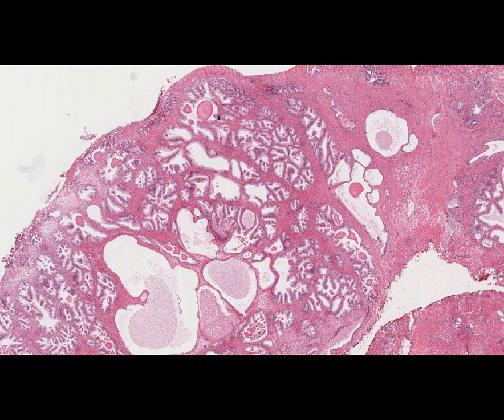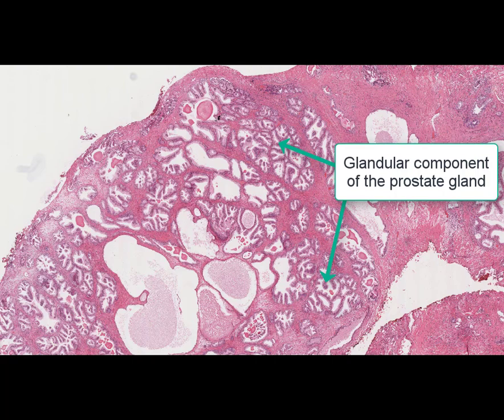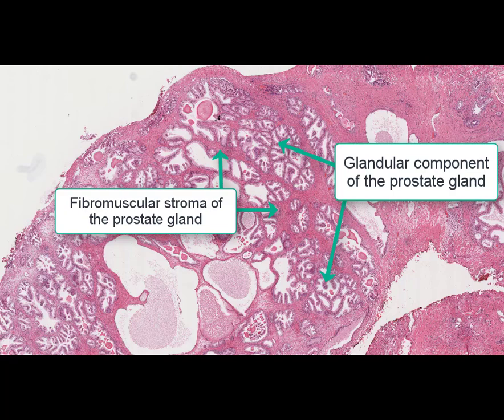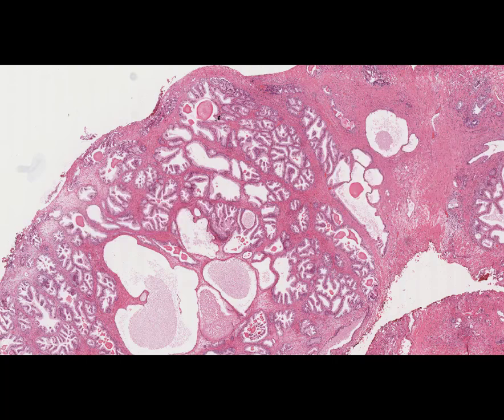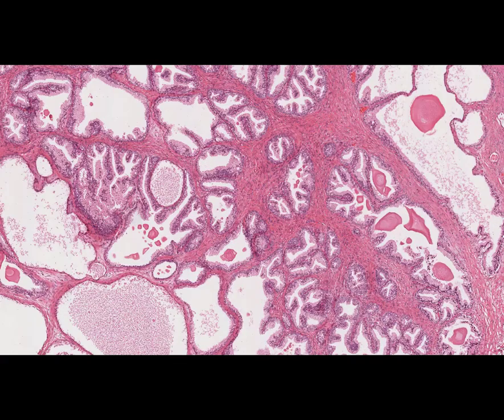At low magnification, the prostate gland is represented by two major components, namely glandular component of the prostate gland as well as fibromuscular or stromal component of the prostate gland. Hyperplastic process in the prostate gland involves proliferation of both glandular and stromal components. At high magnification,